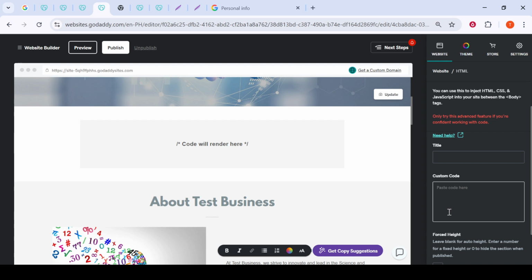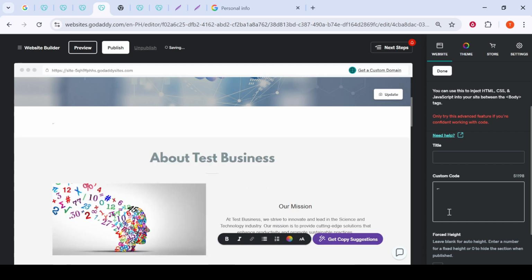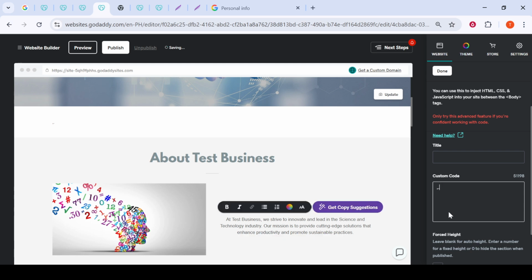Before finalizing everything, it's wise to use the preview function. This allows you to see exactly how your HTML code looks and functions on your site without actually making it live. If everything looks good in the preview, the last step is to save your changes. Make sure you've saved everything you've worked on before clicking Publish. With a final click on Publish, your newly added HTML code will be live for all your visitors to see